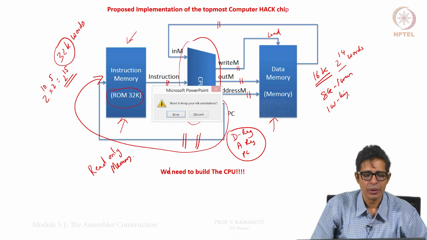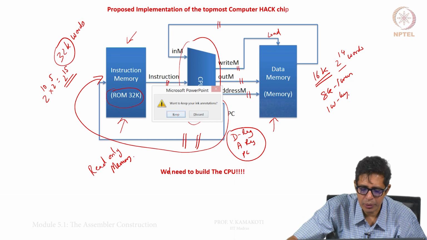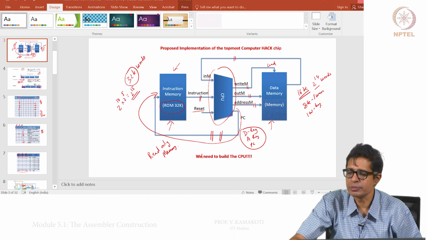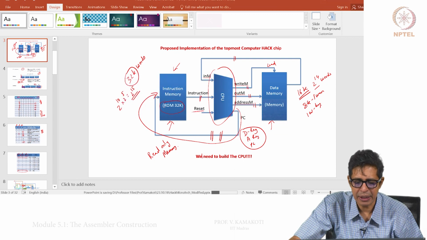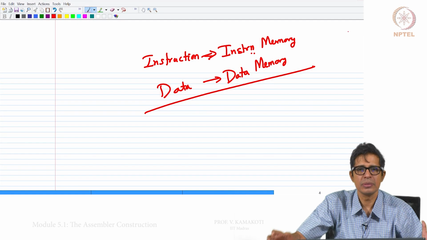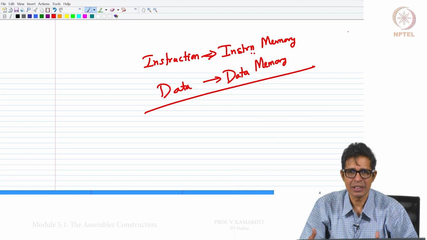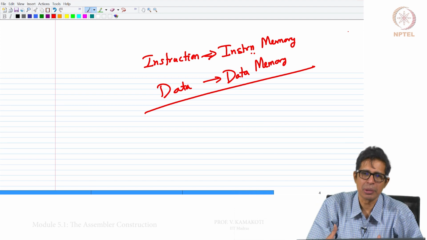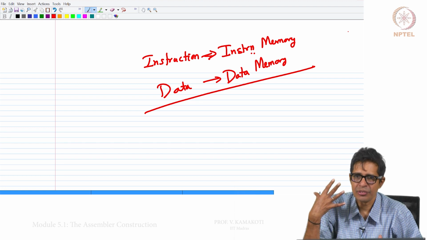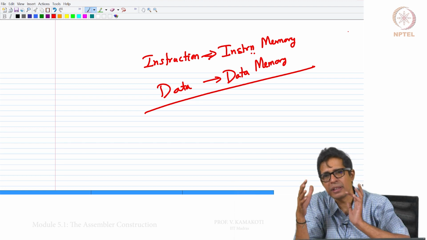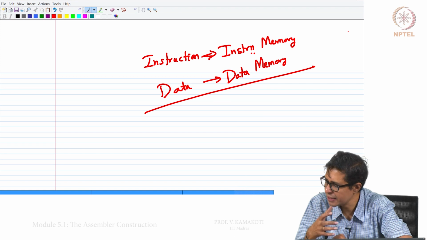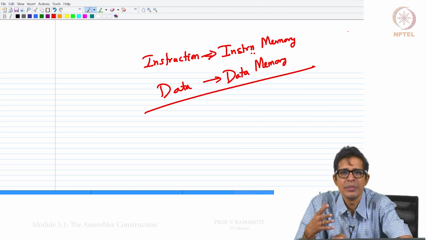Now we will go to the next module, where we will describe the challenges in building that assembler. Some of the small nitty-gritties of building the assembler, and we will conclude that module. At least before we end that module, we will see what the 2-pass assembler is. Okay. Thank you.